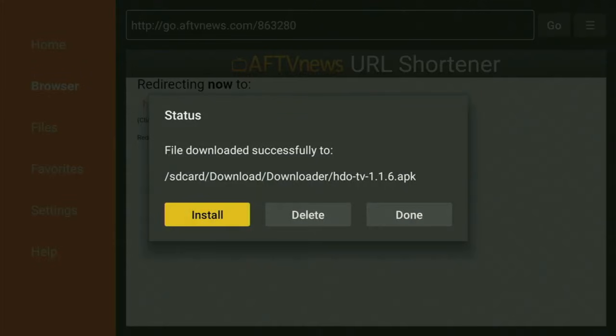And after that, I do not recommend clicking open. Instead, you should click on done, because this way you get an option to delete the installation files, which you don't